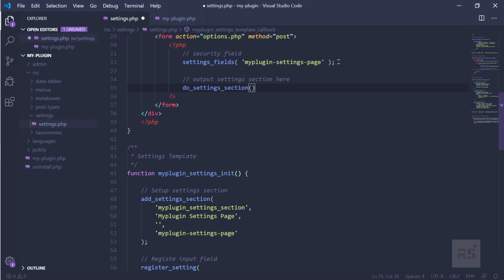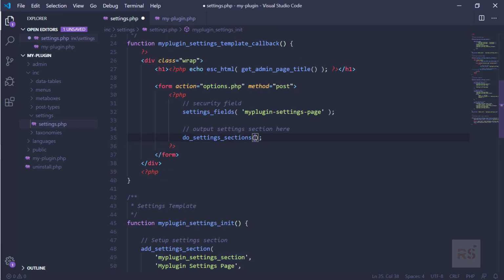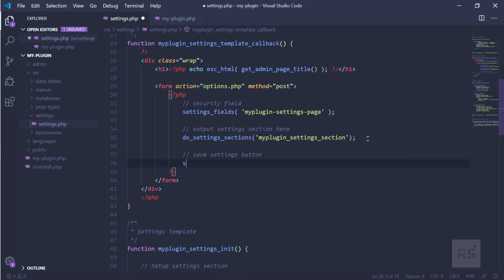This is the do settings sections, it should say, and here we need to pass this section ID. So our section ID is my plugin settings section, and finally we need to add a submit button or save settings button, and we're gonna use the submit button method. Why are we using this method? Because by using this method we will have a WP nonce field by default from the WordPress settings API. So let's say save settings,